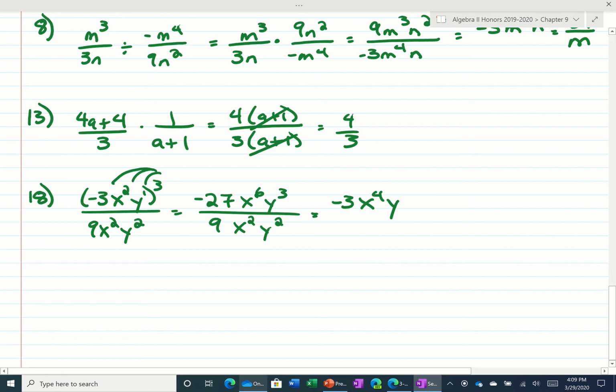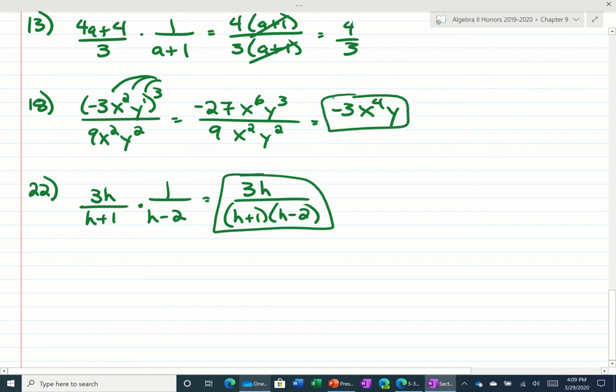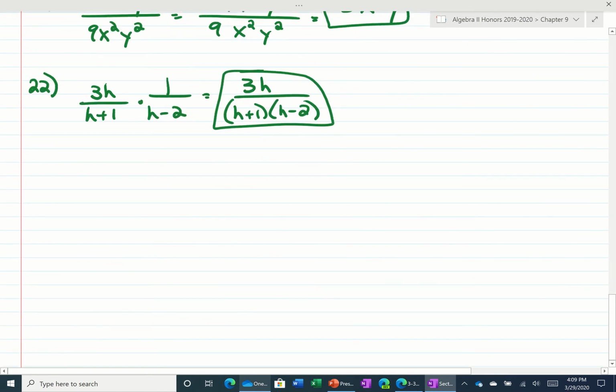22. It's a good Taylor Swift song. It says we have 3h over h plus 1, and that's being multiplied by 1 over h minus 2. Actually, this one's a little bit tricky because there are no common factors in the numerator and denominator, so we can't cancel anything out. Our final answer would actually just pretty much be the same thing we started with. Let's see what else. I asked you to do up to 30 even, so it's 22, 24 is easy, 26,